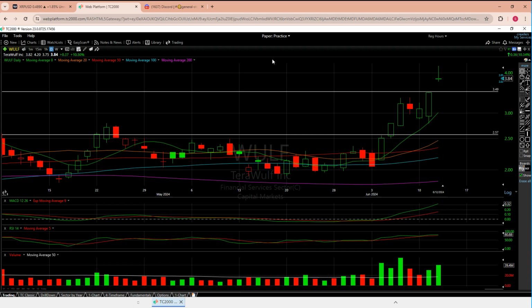WULF has done the job, right? Like WULF was looking like it escaped all 5 moving averages. It looked like the MACD was positive and ready to go. It looked like the RSI was a real healthy 40 that can make its way to 80. It looked like volume was picking up and holding. All of that happened. All of that allowed this thing to basically go from 250 to kissed 4 today, right? Big move, completely technical, very much independent of the Bitcoin chart, right?